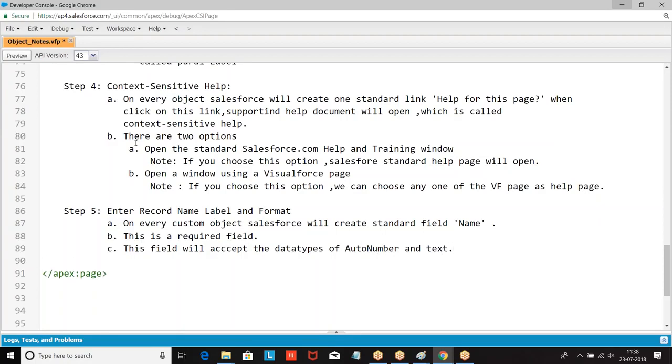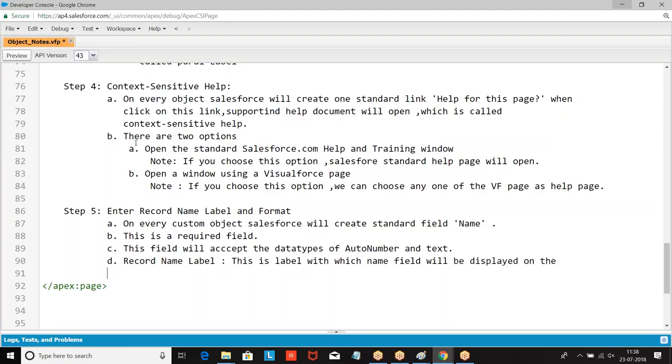This field will accept the data types of auto number and text. Record name label is a label with which the name field will be displayed on the UI.